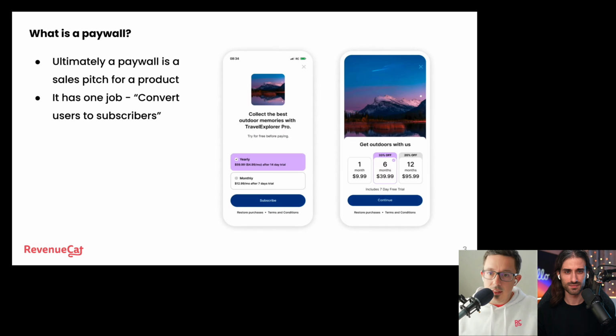And obviously within that, there's converting users to subscribers as well. But a paywall is this singular piece of your app whose job is just this piece of the funnel, to move people into subscribers. And so at least I think of it differently than I think of most of the product parts of the app, in terms of the way I think about it.